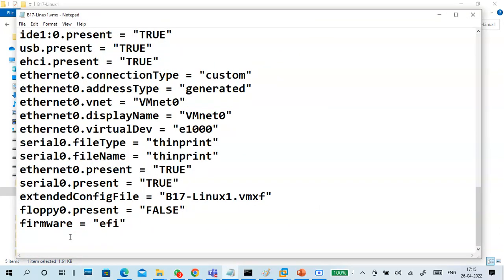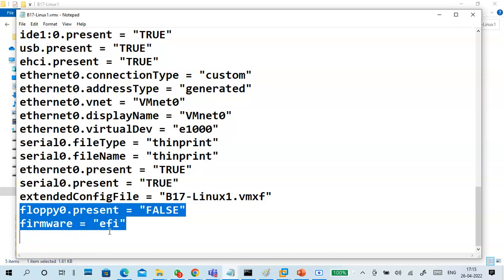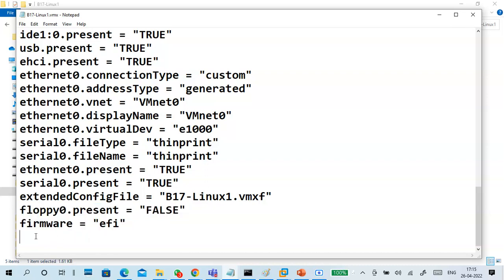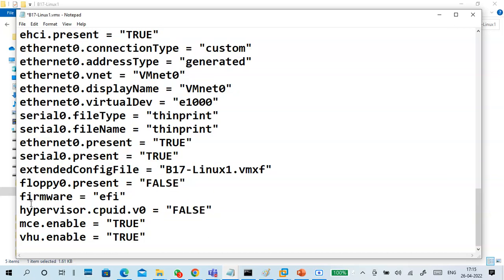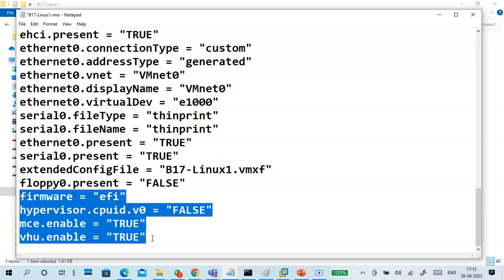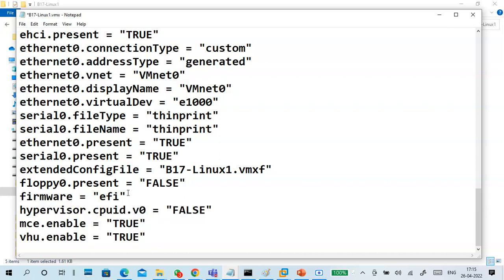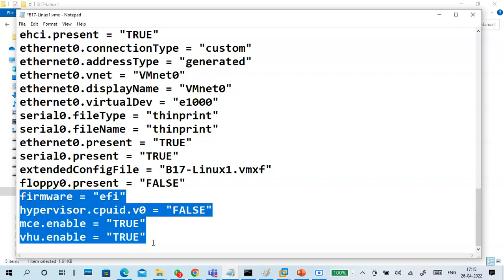Scroll down, and you can see firmware EFI. At the bottom there are no other lines. Finally, look at the cursor, and paste. Make sure it is pasted properly like this. If not, you can adjust it. It is a script, your virtual machine script.